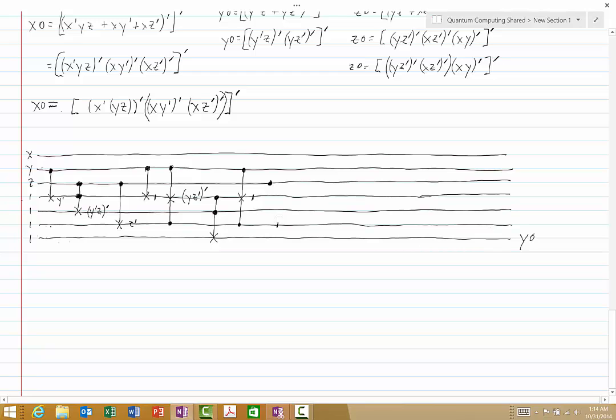Okay, perfect. So here we have created the output that we want, and now the way that we can make sure that all of our scratch lines are equal to their original values is, now that we've created our output,